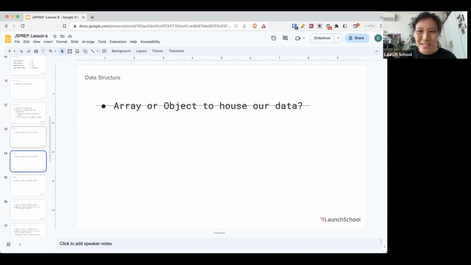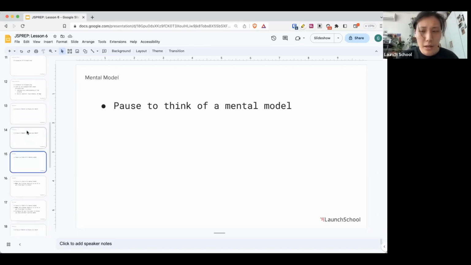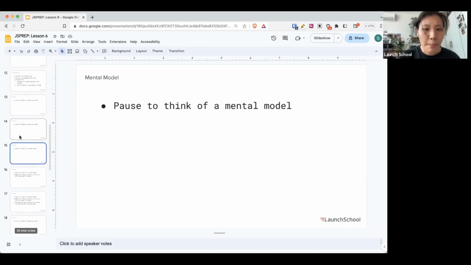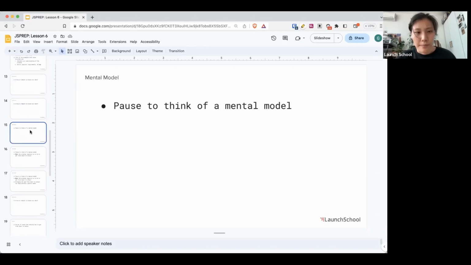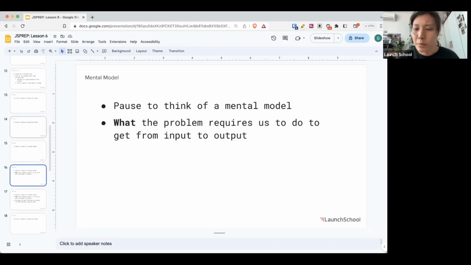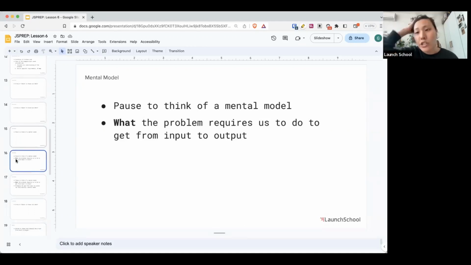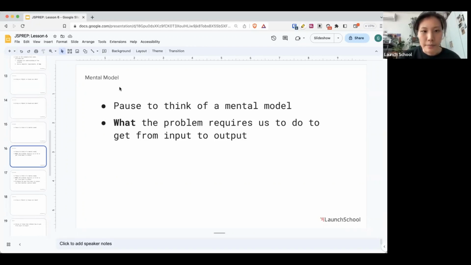In between the E and the D steps, I like to pause. I call this the mental model intermission. So I pause to think of a mental model. This is a step you should take just to ask yourself, okay, do I know what the problem requires us to do to get from the input to output? Do I know how I'm going to get from the input to output in a general sense, at the very least, right? And this can be something like,